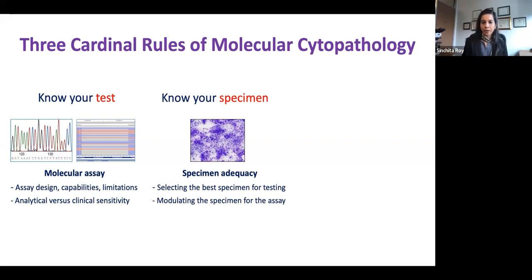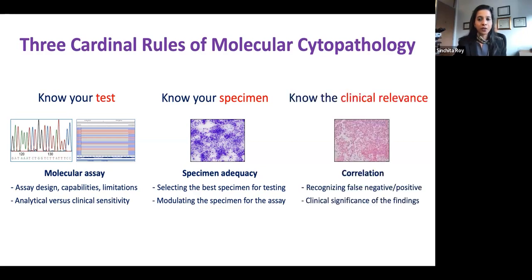You also have to know your specimen, and that's why I say pathologists are in the best possible seat at that table, because we're the ones that actually look at the specimen. We know how much tumor there is. So if it's a false negative, we're able to say that this result doesn't make sense because there wasn't enough tumor, and I know that this specimen should have been positive for something. So we can modulate our specimens and prepare them best for whatever assay you're going to be using for testing. And then finally, the clinical relevance again.